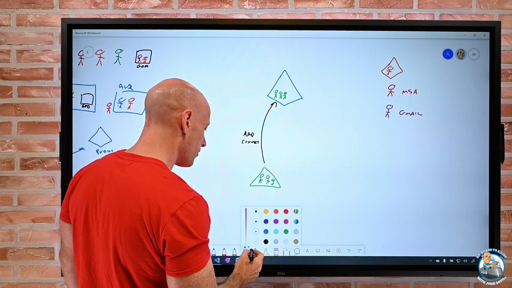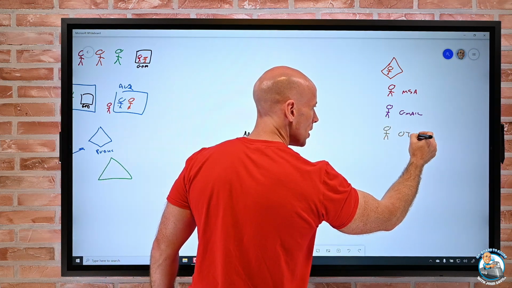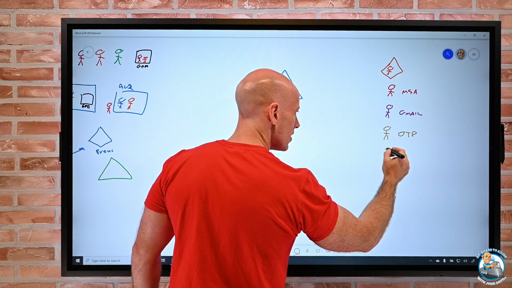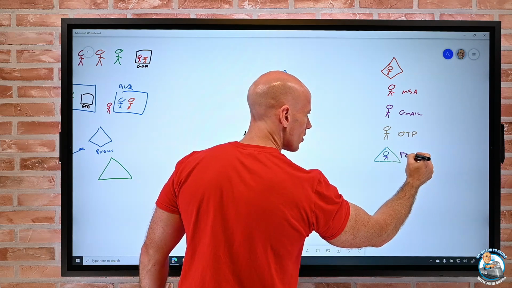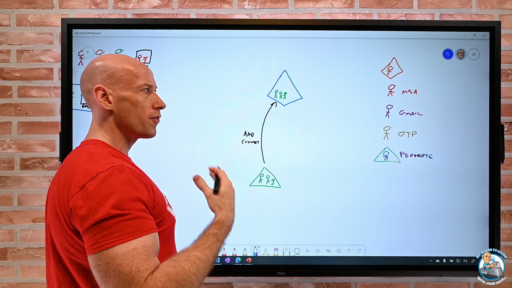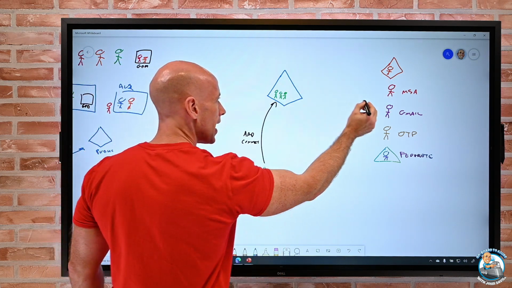Or maybe it's something else entirely and I can use a one-time passcode. Or maybe they're in some other kind of realm and I want to federate. I want to do kind of a SAML. I can do all of those things. So all of these types of objects I can add in